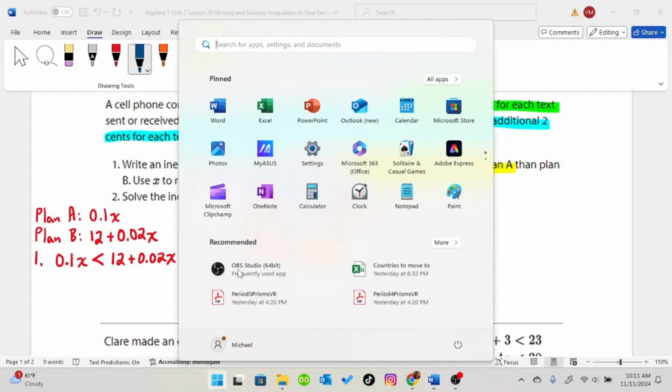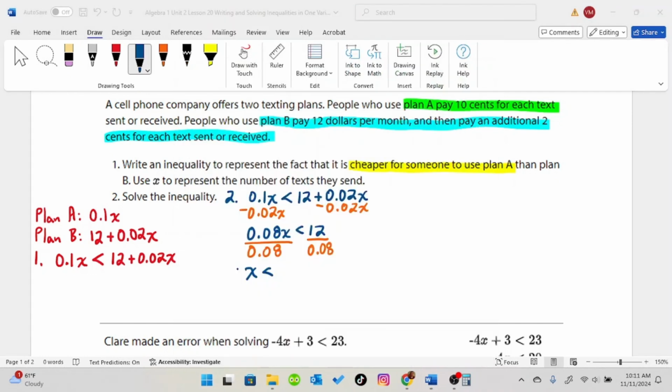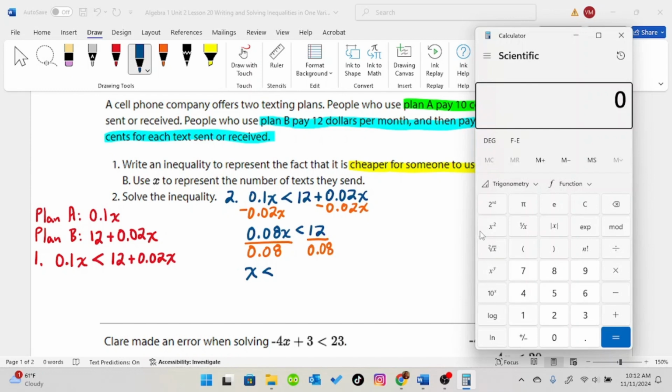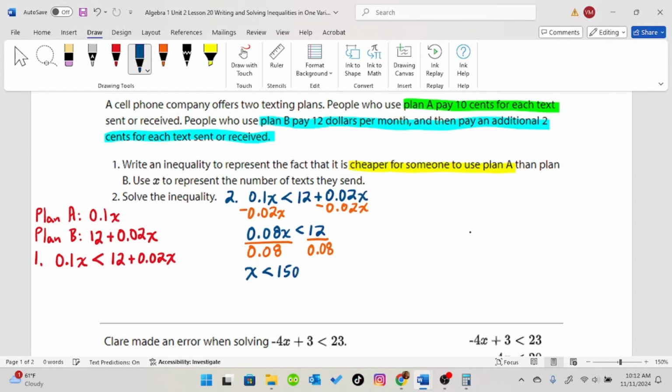We can put this into a calculator. 12 divided by 0.08 equals 150. This means Plan A is cheaper